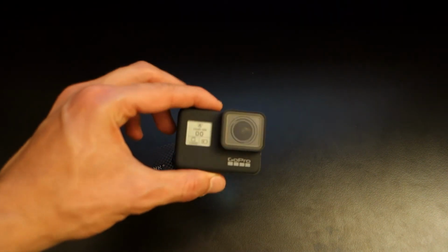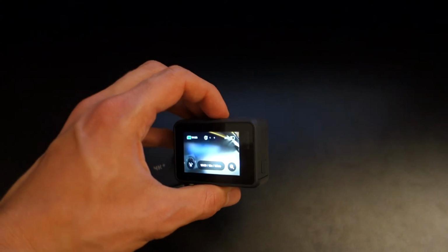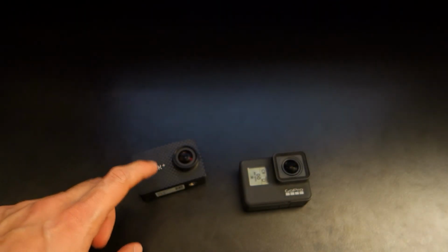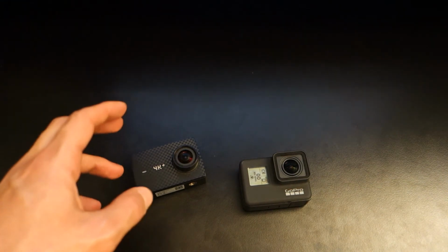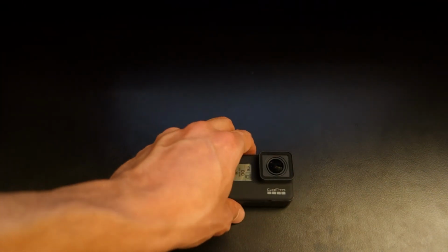So ultimately, is the Hero 7 Black worth it? Is it worth £380 or $400? Normally, I would say that's a very expensive price tag to pay for an action camera, and I think when I reviewed the Y4K, it was similar. It was around £300 to £400. It was quite expensive, but there is a lot you're paying for on the Hero 7 Black, and you're getting